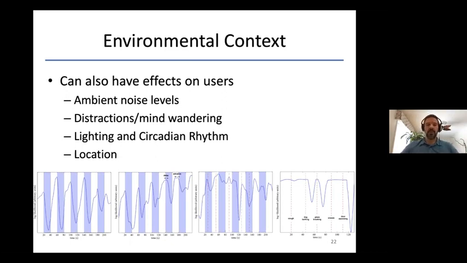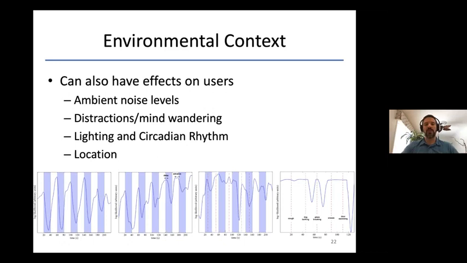So here's a quick example at the bottom where we looked at neural responses of individuals doing specific mental tasks. We built models of what we call baseline states, where they were just at a resting state. And then in the purple periods here, they were doing a mental task that was emotional to them. You can see that once they entered those states, the likelihood that they were in a resting state decreased. Once they were told to stop, the likelihood that they're in a baseline state went up. Once they started again, it went down.